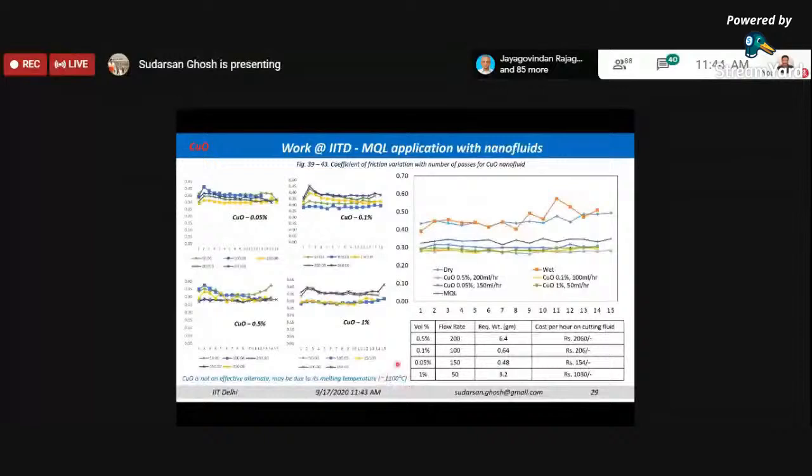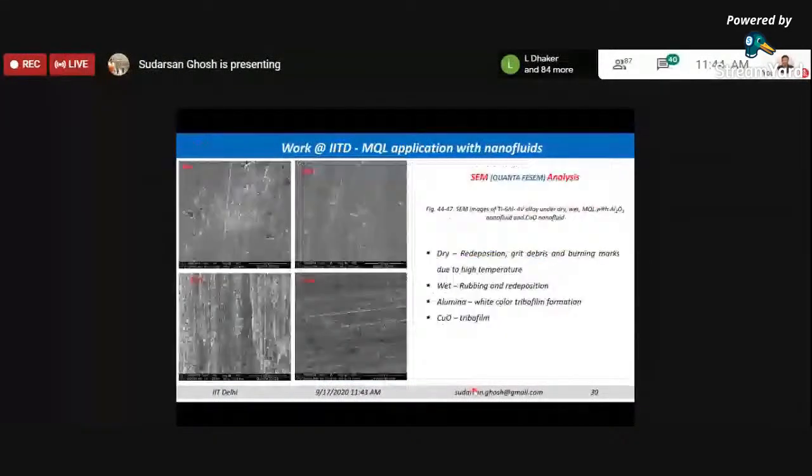So roughly this is the instantaneous temperature which you may expect when you are grinding titanium alloys with conventional grinding wheels, and possibly because of this, the tribofilm which was formed could not sustain the temperature. That was the reason why the copper oxide has not been able to show any reduction in the friction coefficient with the grinding time. Whereas in case of the aluminum oxide, the tribofilm layer is very stable even at higher temperatures. So that was the reason why it has been able to sustain the temperature and provide better lubricity as